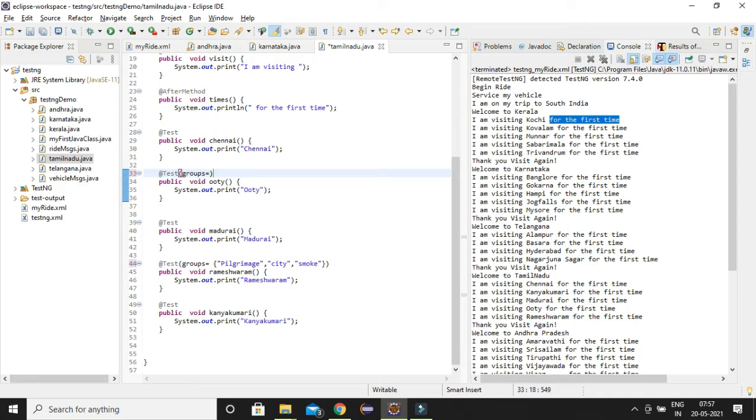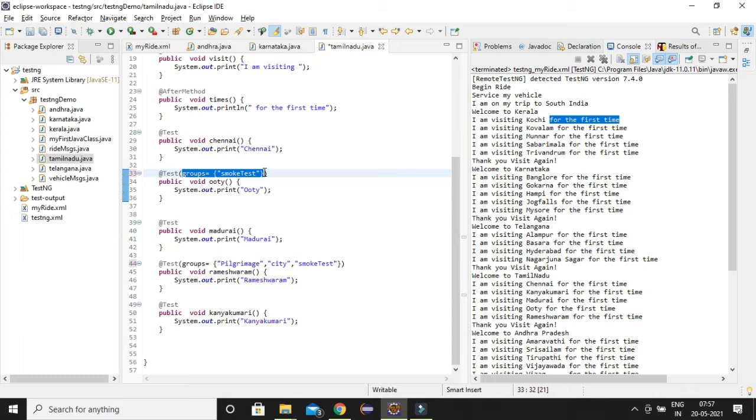So what I have to do is groups is equal to curly brackets, and inside that just give smoke. Just categorize them like this. This is how you group your test methods in your TestNG class. It is pretty much straightforward. There is nothing more to explain, you just have to group your tests.